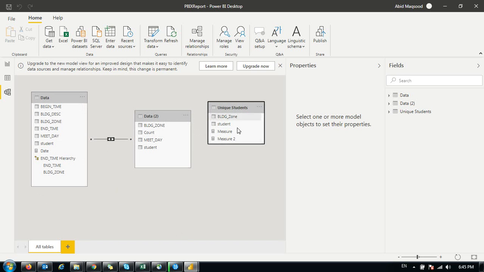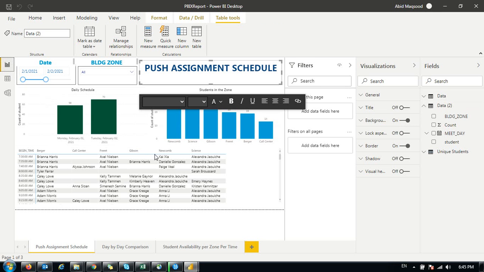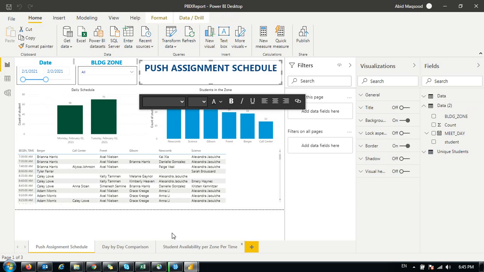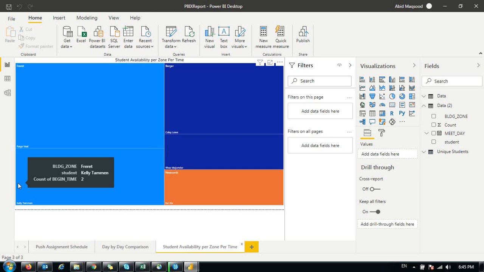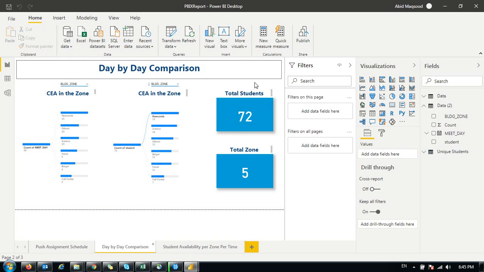Actually, we did this unique student just for the visuals over here. So this is day by day comparison. To get these unique values, we have created this student table, which is unique students.